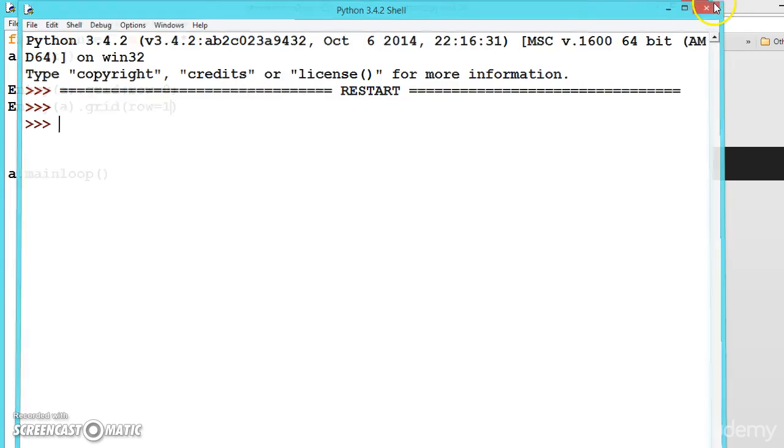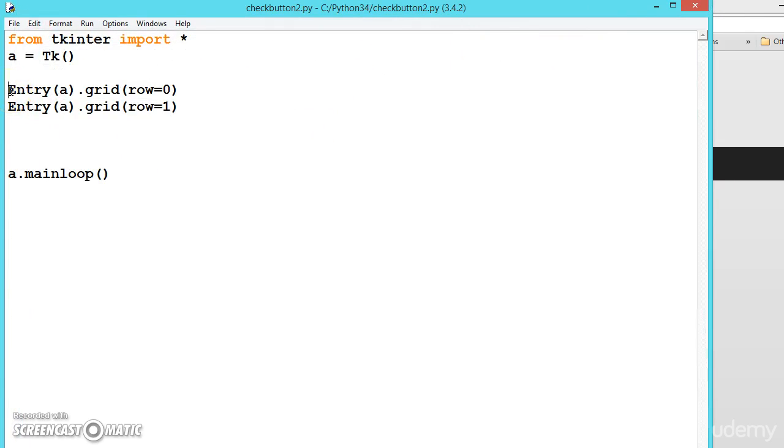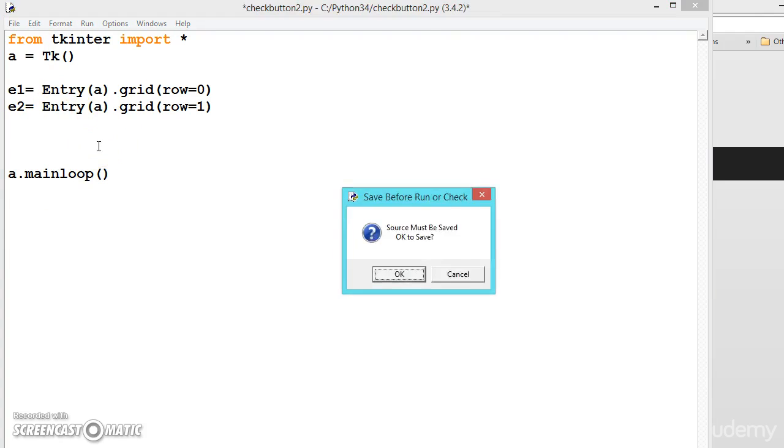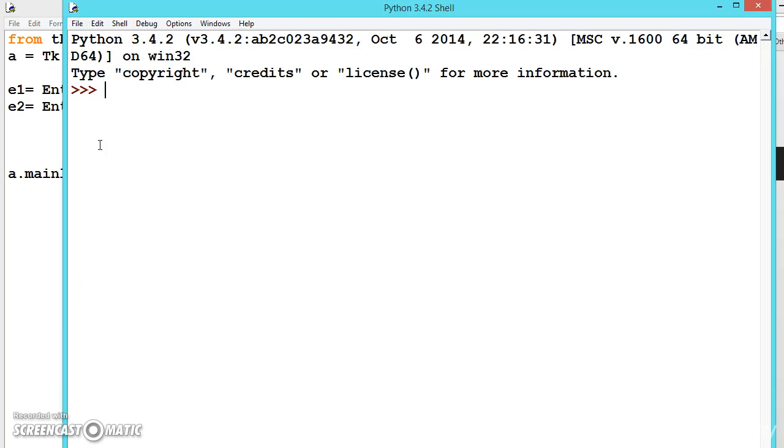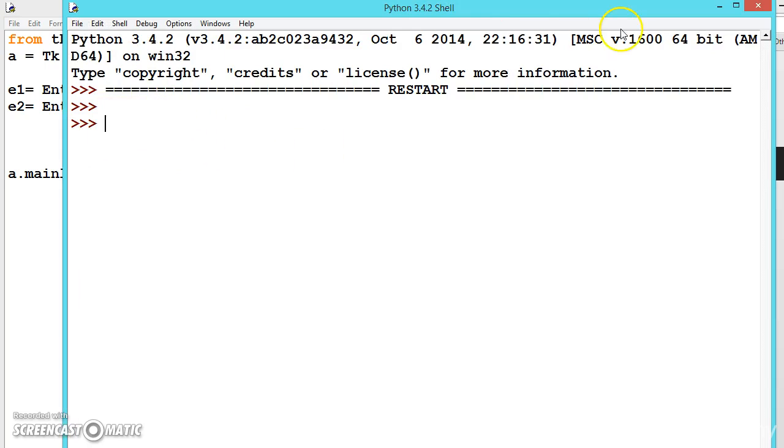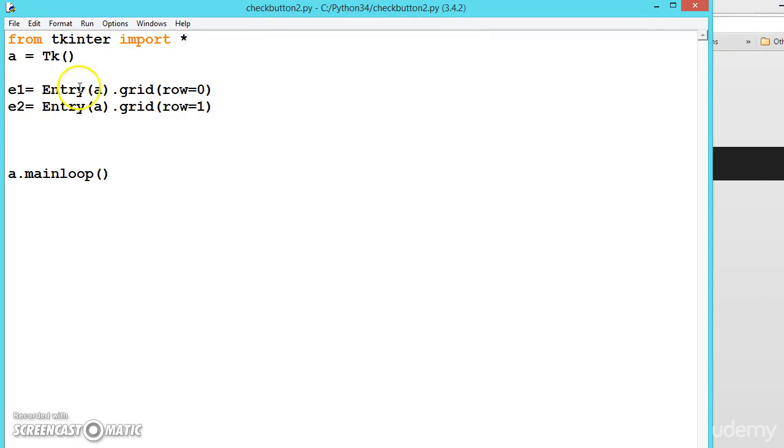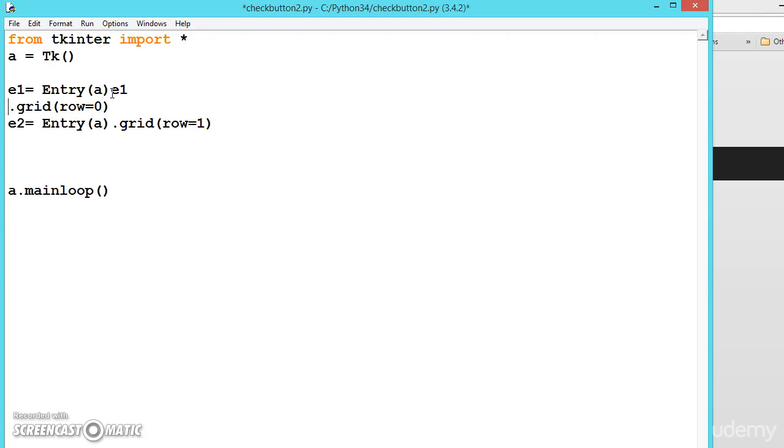So now let us assign to the variable. Always remember that, let us say e1 is equal to, and let us say e2 is equal to. The result will be the same as the previous. But I always recommend, when you are creating an object, always create an object of the class only. So now we are using the method also. So always write like this. Why it is useful, I will be showing you in the next video.